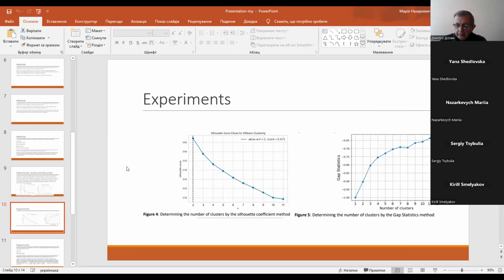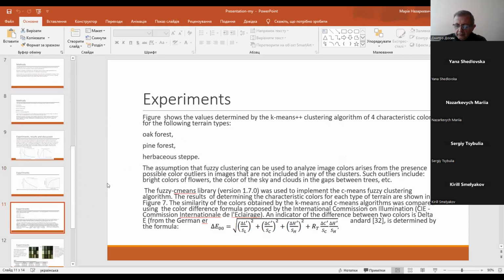In picture 4, we show the determination of the number of clusters by the silhouette coefficient method, and in picture 5, the determination of the number of clusters by the gap statistic method. The figure shows values determined by the K-means clustering algorithm of 4 characteristic colors for the following terrain types: oak forest, pine forest, herb-grass steppe,